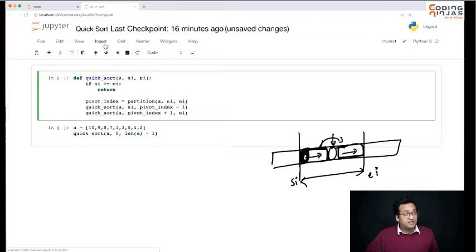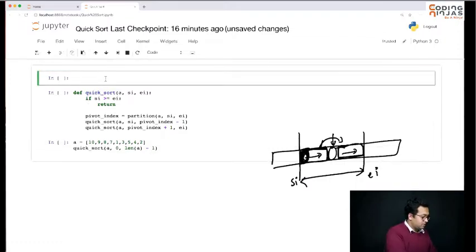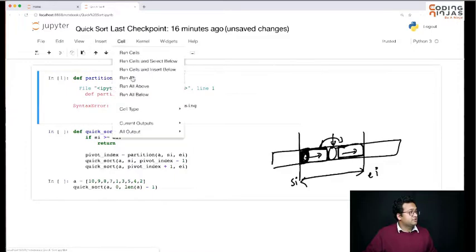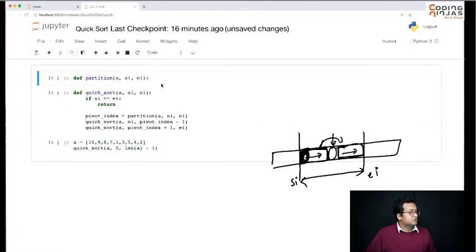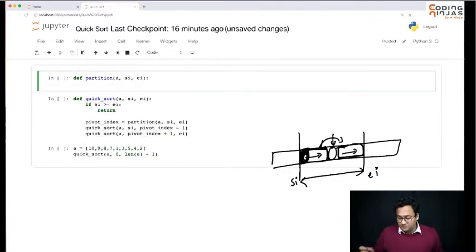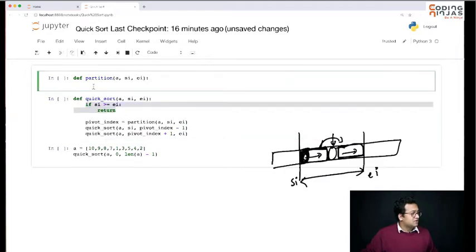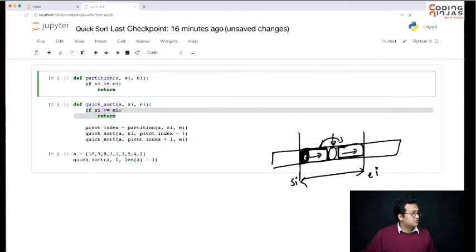Now let's quickly write the partition function as well. So how do we partition? First of all, if it's of length 0 or 1, again it doesn't make sense to do anything, so just for the sake of completeness, if it's greater, I'm going to return minus 1 because it's not relevant.